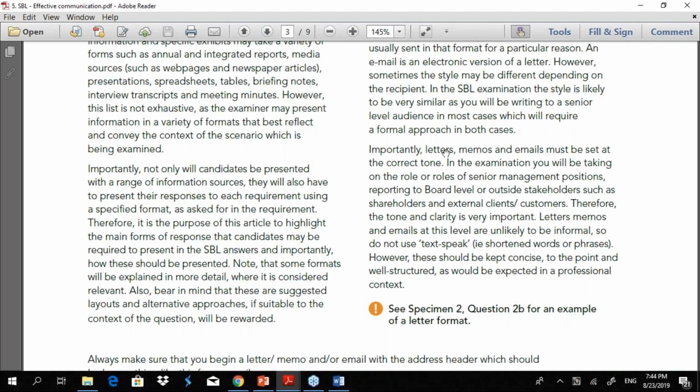Look at this area. Importantly, letters, memos, and emails must be set at the correct tone. So here you are the project manager addressing it to the junior member. In the examination, you will be taking on the role or roles of senior management positions, reporting to board level or outside stakeholders, or even your internal members. Therefore, the tone and clarity is very important.